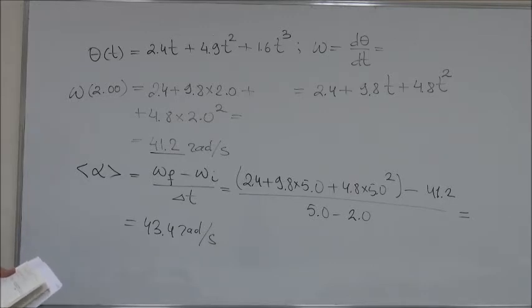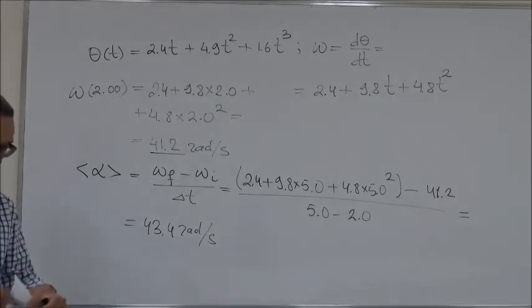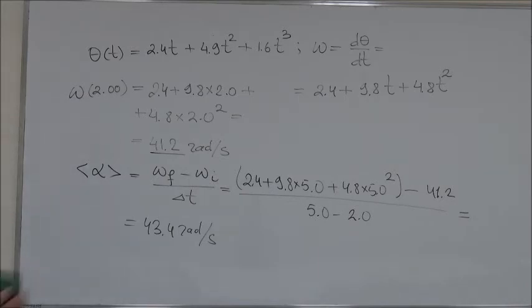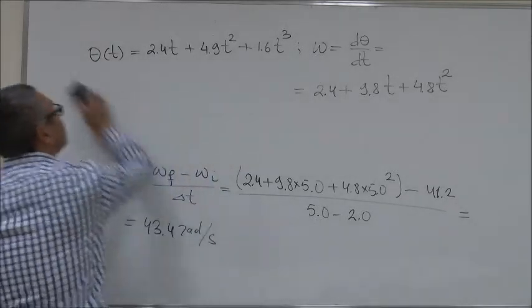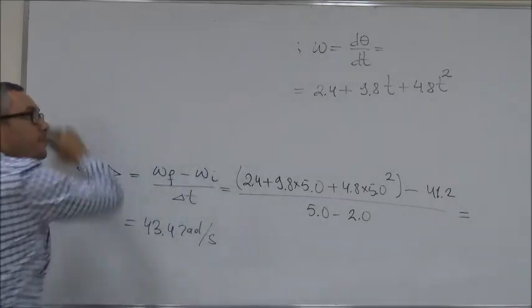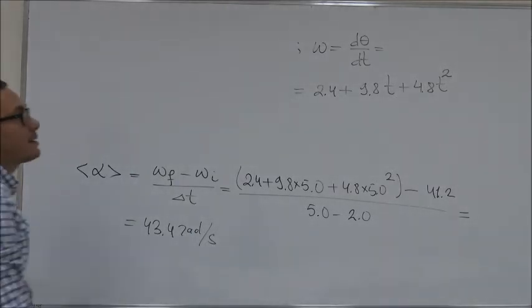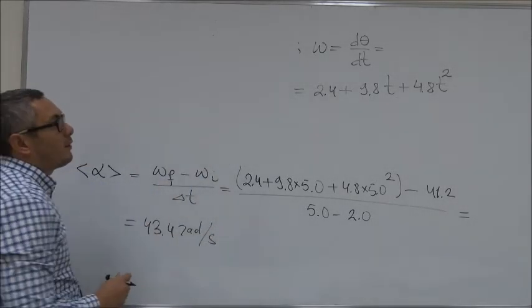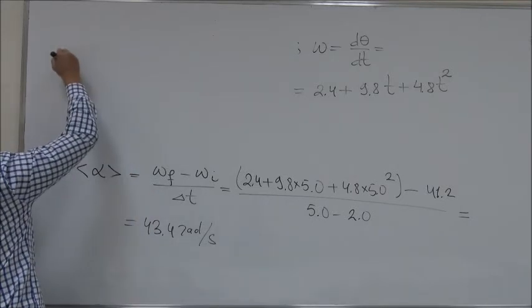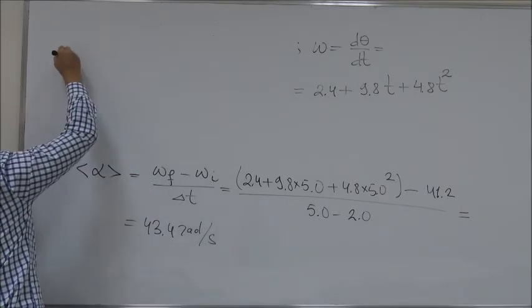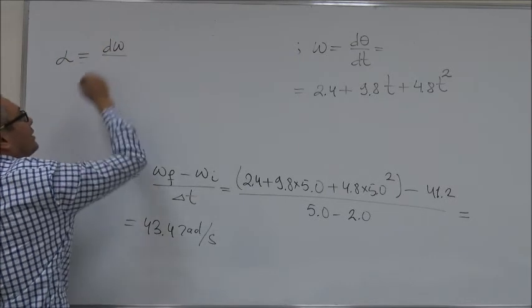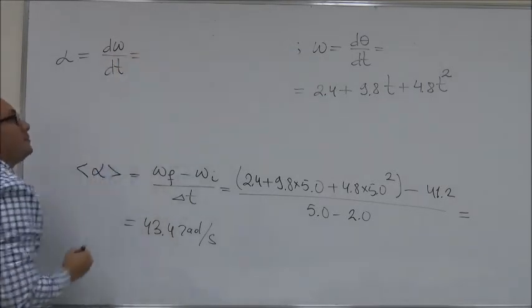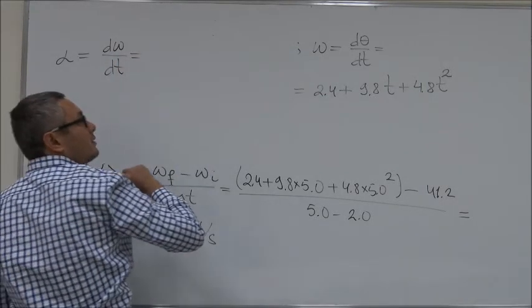And now we need to find the instantaneous acceleration at time t equals 5 seconds. Instantaneous acceleration is a time derivative of the angular velocity. So instantaneous angular acceleration alpha is the time derivative of the angular speed omega, so d omega dt. We take another derivative, so you get